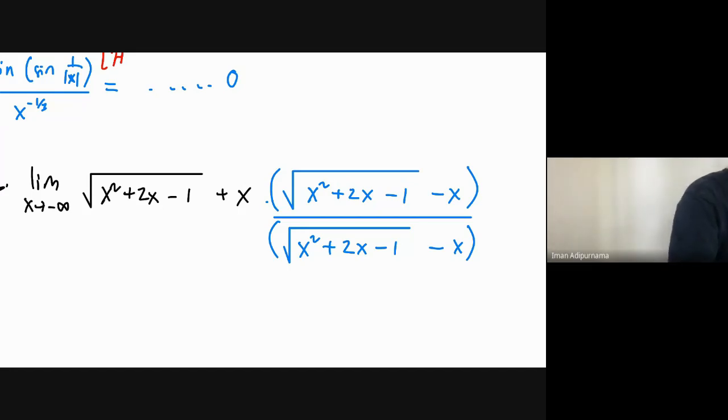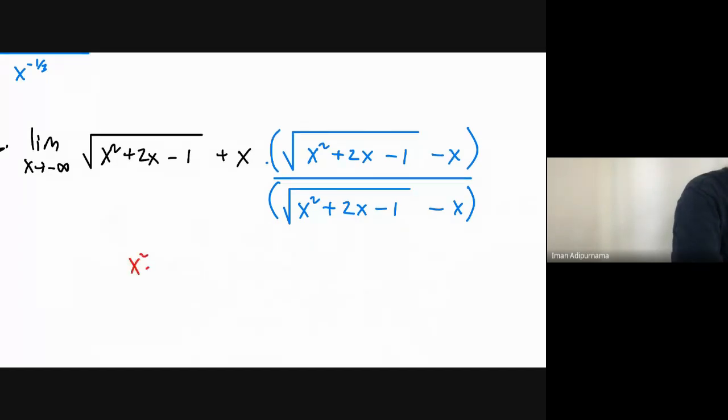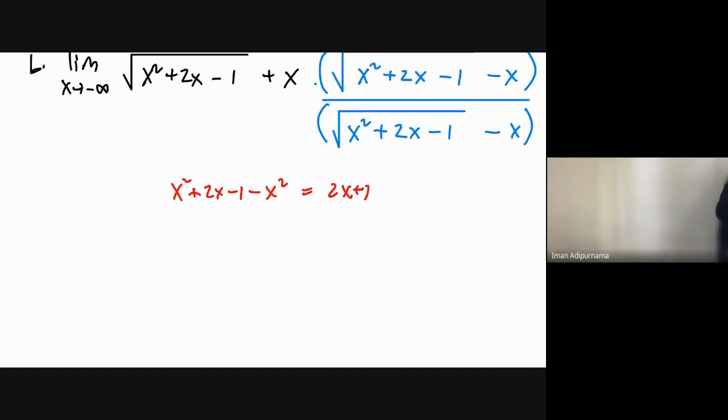So this will be, let me write here, x squared plus 2x minus 1. And then it will cancel nicely, right? This plus this and minus this one will cancel out nicely, and you will have minus x squared. So it becomes 2x plus 1. So I can write the top equation as